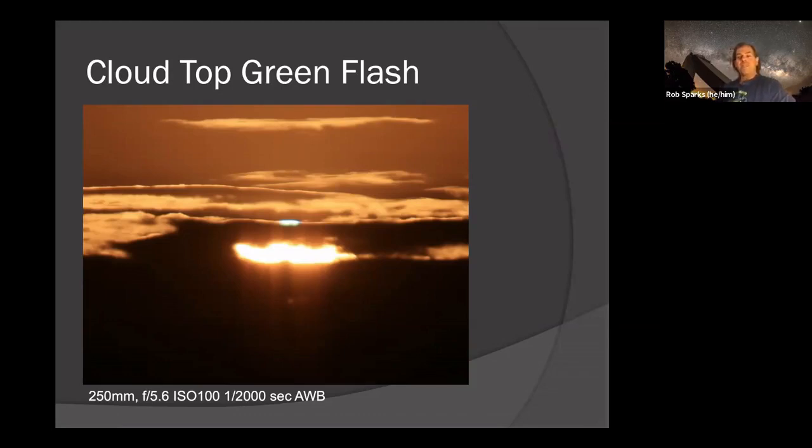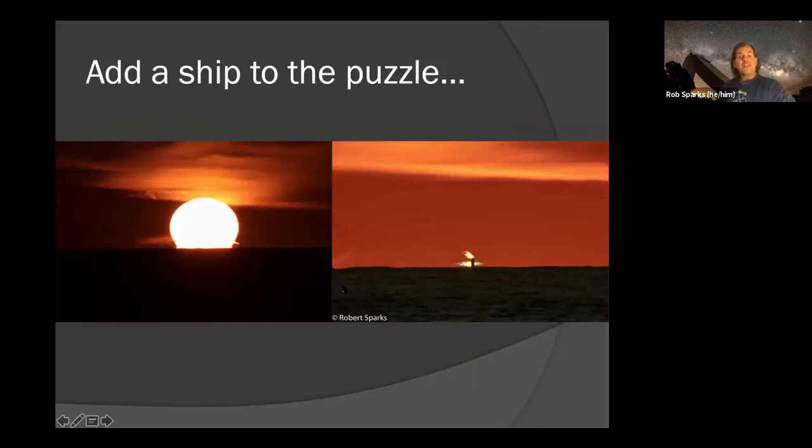Like I said, this is why I call it random adventures in astrophotography, because sometimes I just stumble onto things I had no idea were possible. I'm just trying stuff and seeing what I can photograph. And sure enough, something comes out that I find interesting. Now this one is from San Diego. This is one I talk about from San Diego. If you look at the picture on the left here, you'll notice there's a little thing coming off the edge of the sun here. And I noticed that naked eye.